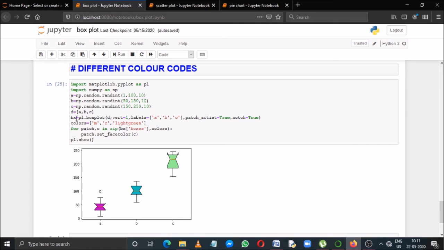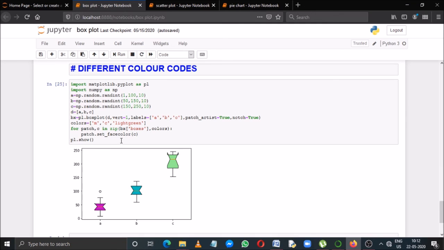I stored this box plot in a different variable called bx. Then bx['boxes'], that means each of the boxes, comma colors. That means for each of the boxes I am putting one color, and from where am I getting the colors? c, and c will take its values from this list colors. That means for the first box the color will become magenta, for the second box the color will become cyan, for the third box the color will become light green.